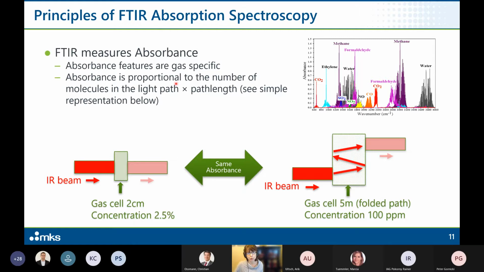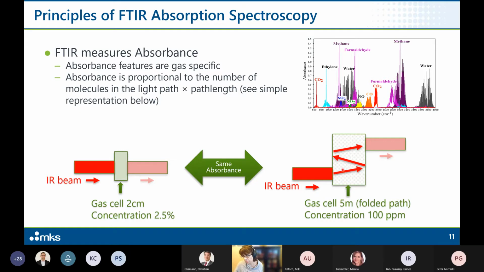The absorbance is proportional to the number of molecules in the light path times the path length. Our standard gas cell here is 5 meters with a folded path. If you have a sample in the gas cell, and an infrared beam